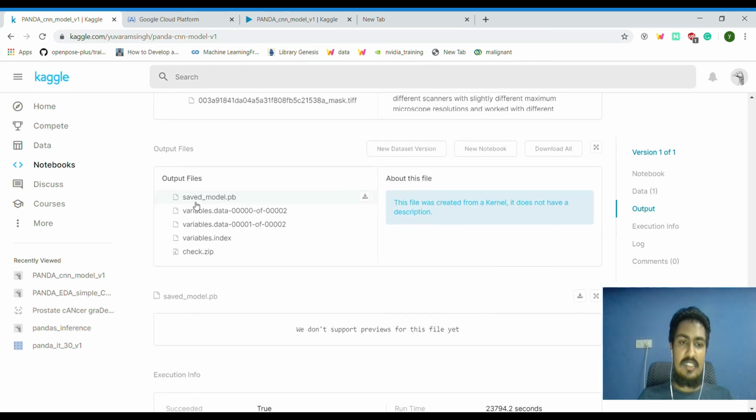Here you can see the outputs: the PB files, the zip file, everything coming from this notebook.